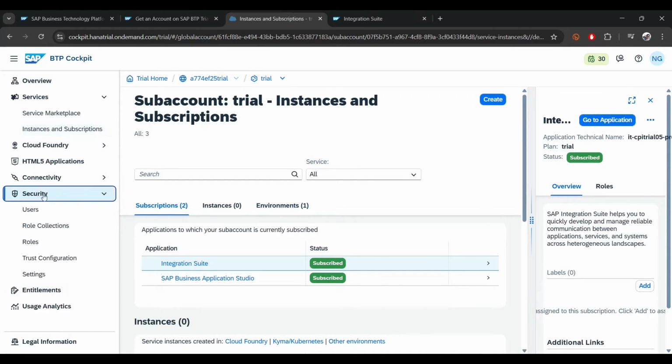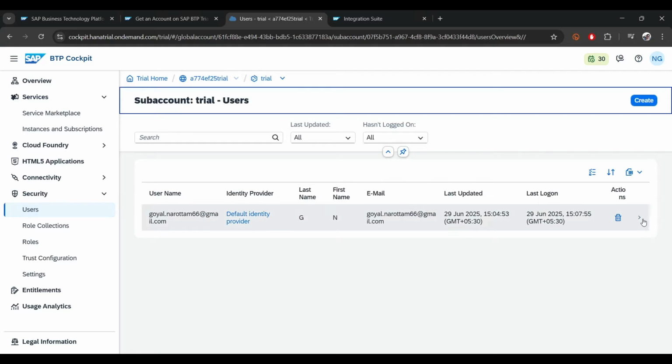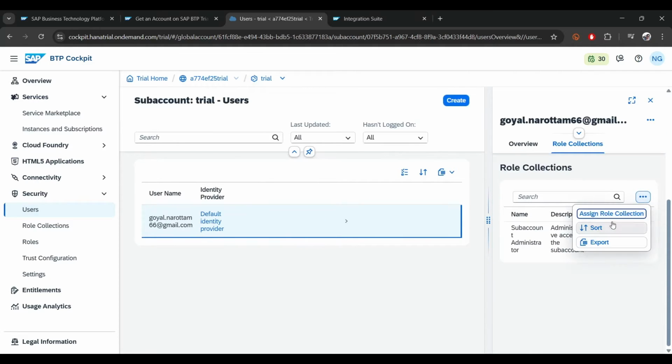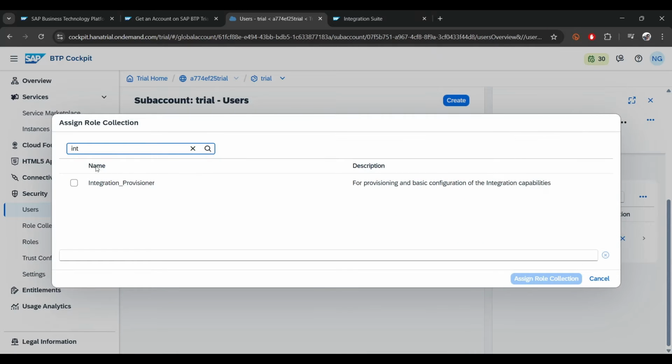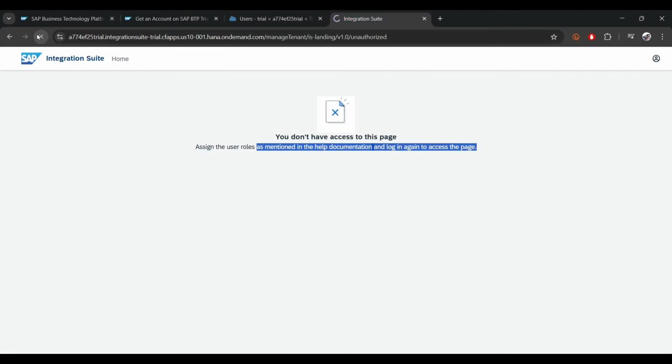Now click on user, security, users. Click on this arrow and roles and collection, three dots, add assigned roles. So search for integration. We have to check this. We have to give this permission, integration provisioning. Let's click on this one. Now you can see it's added over here. Now if you refresh,